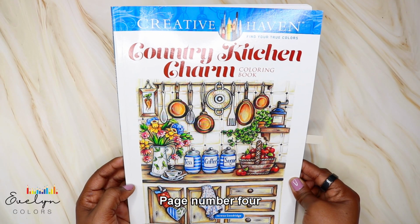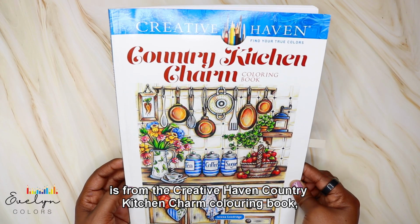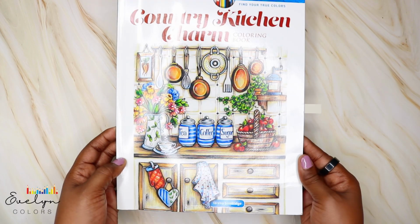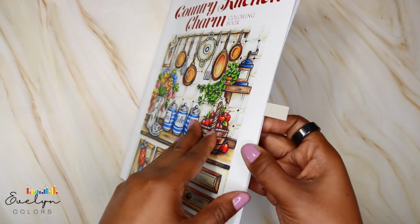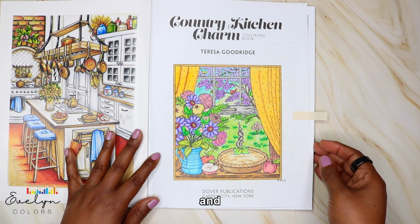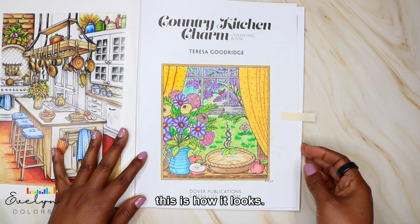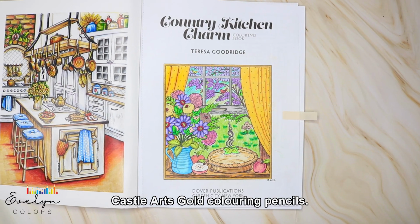Completed page number 4 is from the Creative Haven Country Kitchen Charm coloring book, illustrated by Teresa Goodridge. I colored the introduction page, and this is how it looks. I used Castle Art Gold coloring pencils,